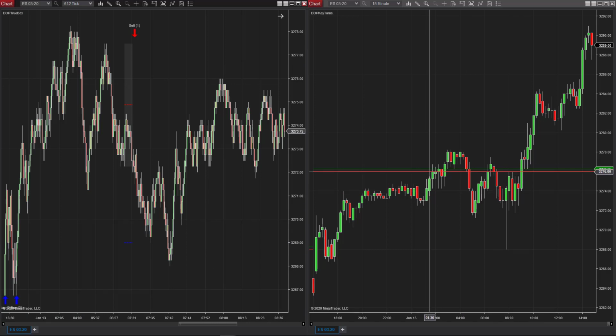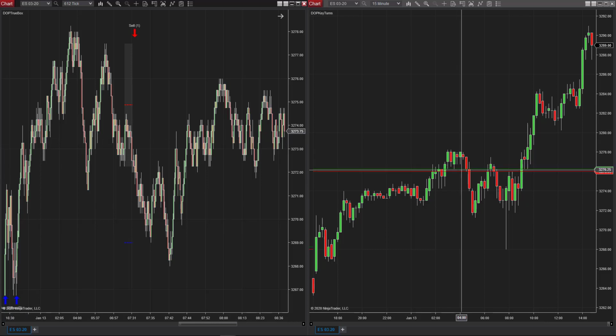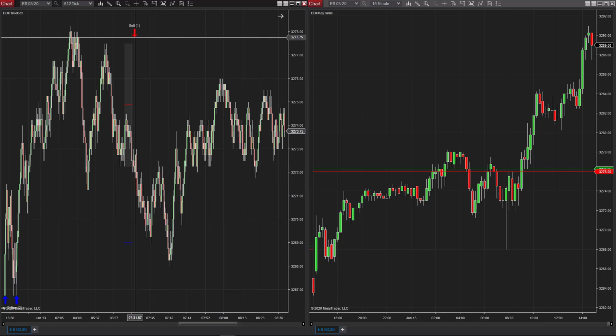Was it perfect to the tick? No, but sometimes it will be, and sometimes it won't be. That's really besides the point. The point is we can take whatever profit you take there. Ideally, you're in that until this area, and then we can test that. So we had a sell that was 4 points later. So you had a 4-point head start on this drop here, which was by this time a 612 tick chart